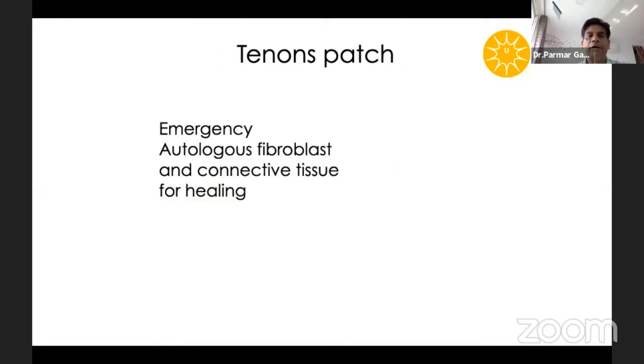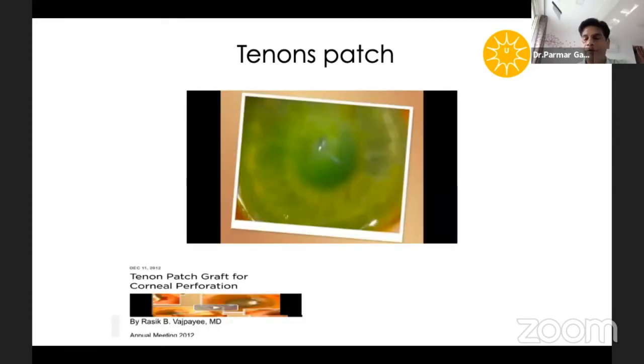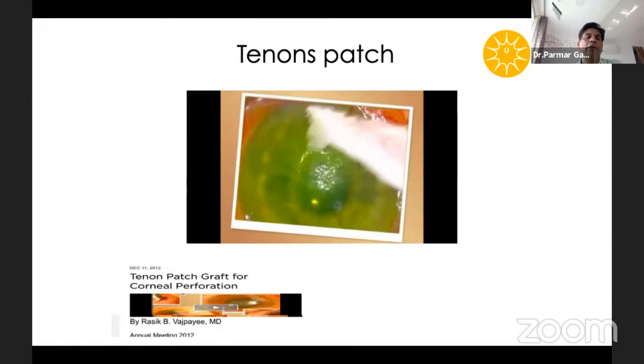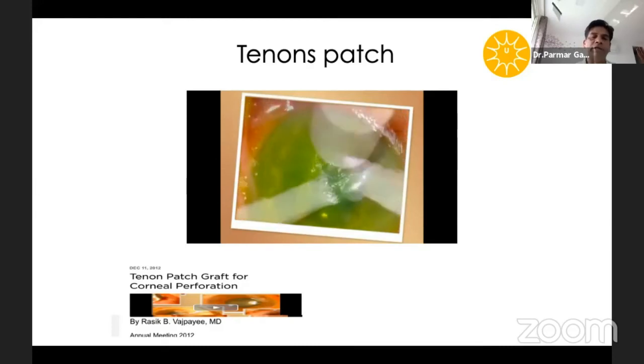Tenon's patch is again a modality which can be used in emergency, and it is autologous tissue. That is the beauty of this tissue. So here is a video I took from the internet, and this is again a technique popularized by Rasik Bihari Vajpayee et al.